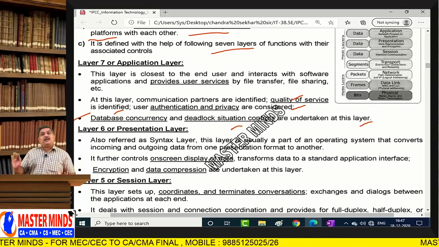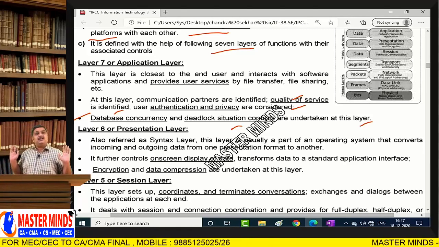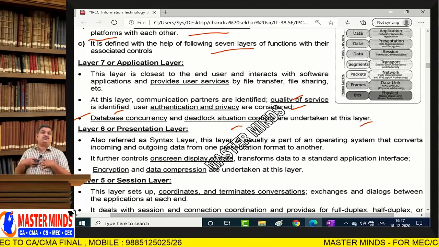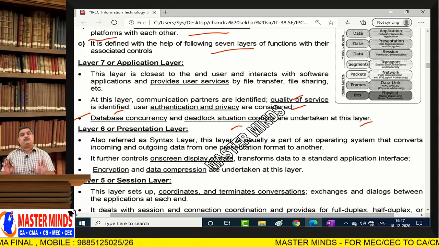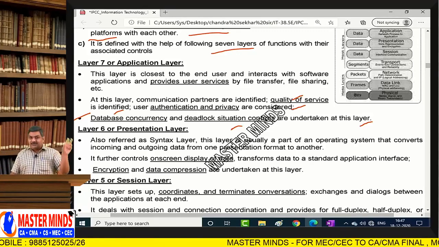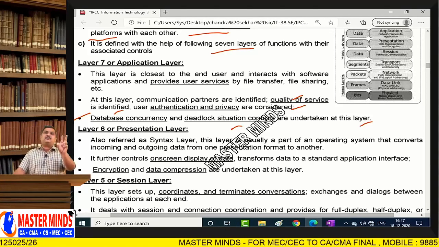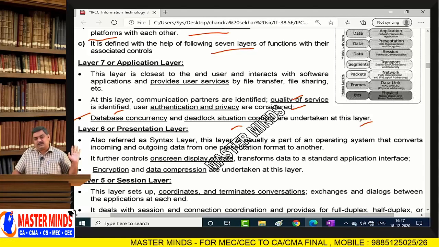That means whenever I want to say hello to my friend, the first thing I have to check is whether I am allowed to say hello or not. Whether I have permissions or not. Whether my friend can be accessed or not. First of all, all these should be checked. Okay. So, all this work is called the application layer. So, all this work is performed by some protocols called application layer protocols.